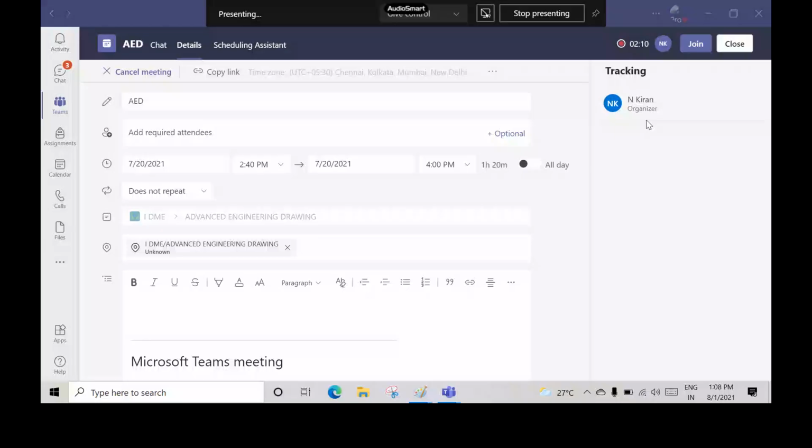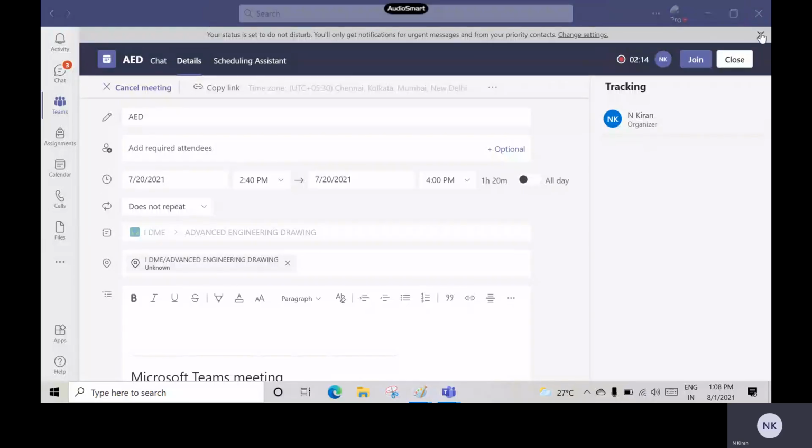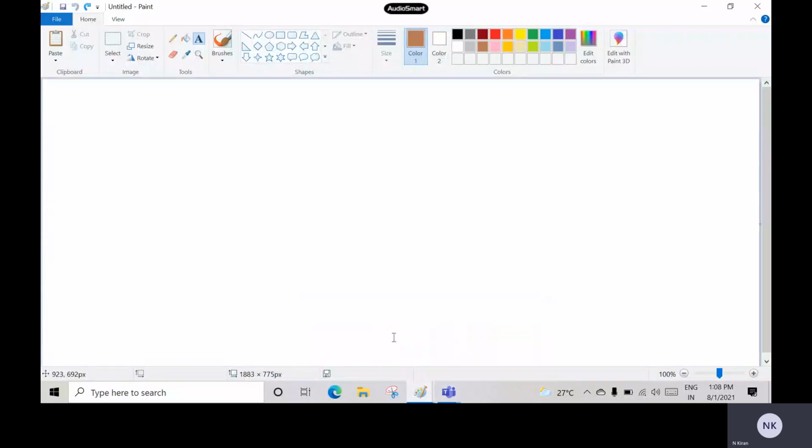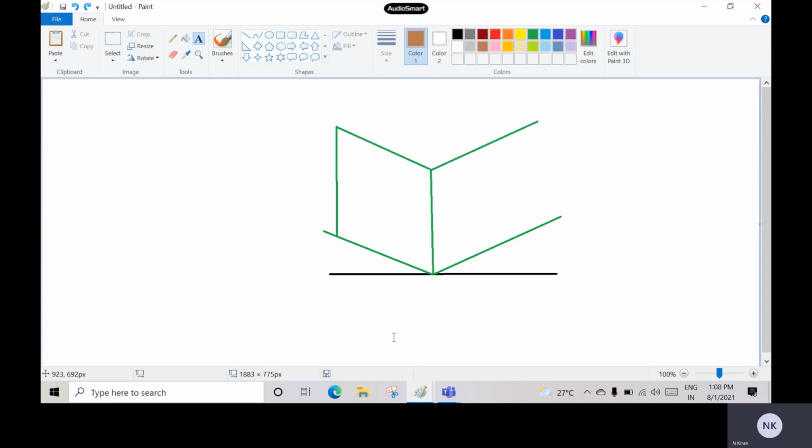So before going to that, let me show you the explanation about isometric. What do we mean by isometric? I want to explain this. Let us consider the cube. First of all, I will draw a line, and above that, I will draw a cube, which we all know. Let me take this line for drawing the cube.